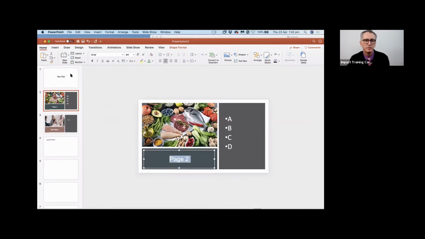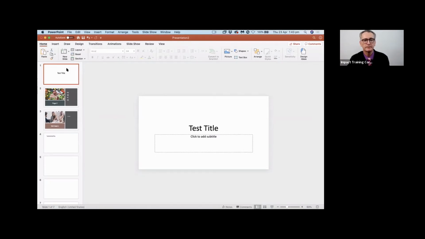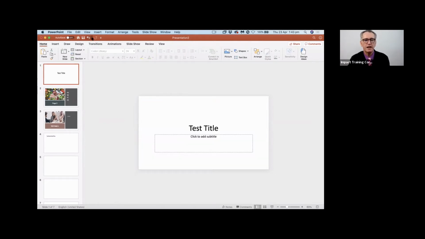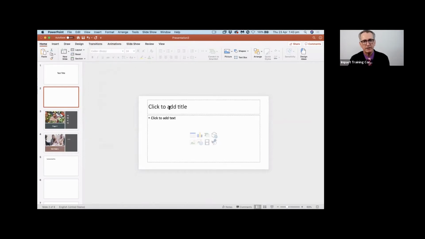So open up a new PowerPoint, put test title or whatever you want to do. Put anything you like. You put a picture there later, but let's not go into that at this point of time. Go to the next slide, and the way you'll do that is to say insert slide, new slide. It'll come up that way. So you're going to put, let's just say for argument's sake, this is a test page 1.